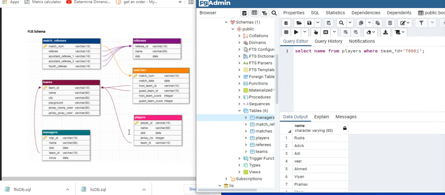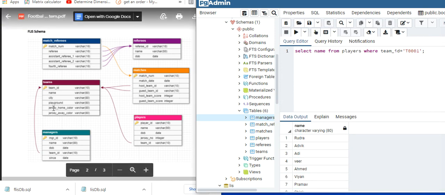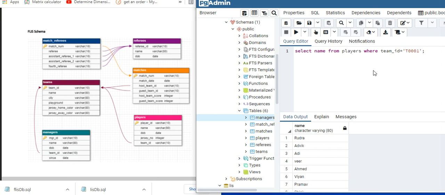What if I want to find out the jersey color, or let's say the playground? This players table is connected to the teams table. So I want to get the playground name. Let's see how we have to do that. Select playground from teams, comma, players where team id equals,